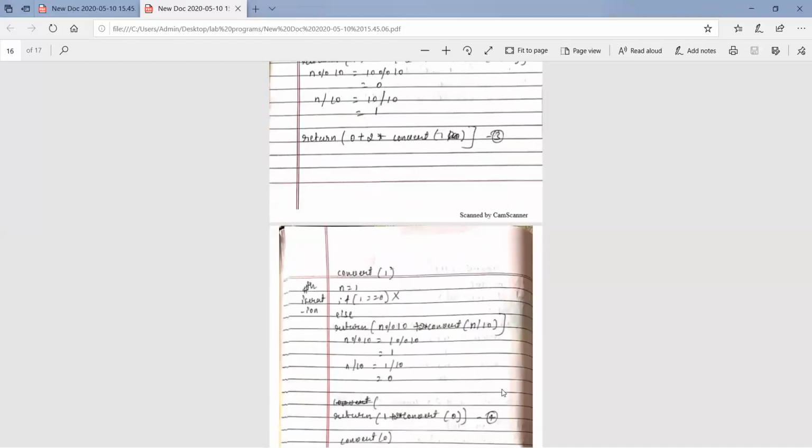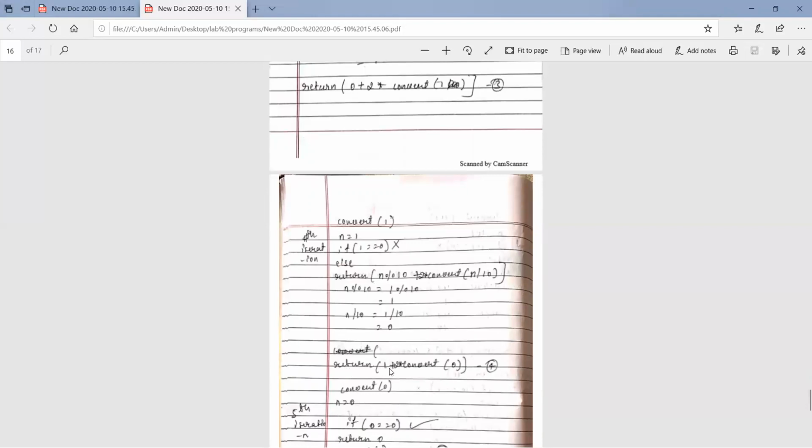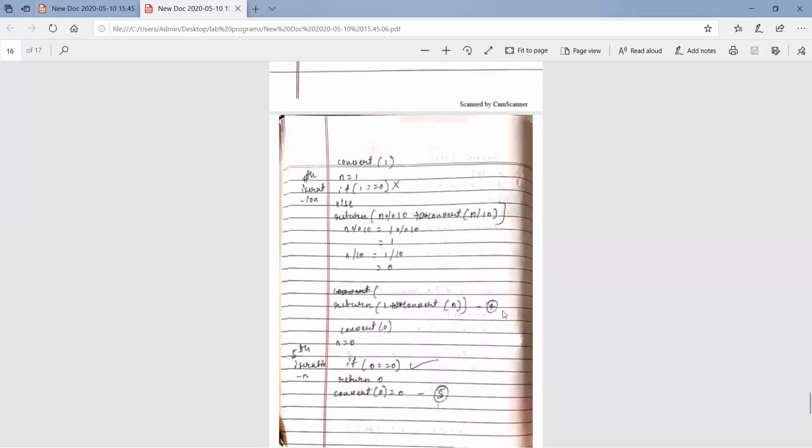Okay, next once again we are calling convert of 1. So n equals 1. 1 equals 0? No. Execute the else part, that is return n modulus 10 plus 2 star convert n by 10. N modulus 10, 1 modulus 10, returns the LSB part. Here only one bit is there, the LSB and also the MSB. So it returns 1. N by 10: there are no other bits other than the LSB, so it returns 0. And that return statement becomes return n modulus 10, which is 1, plus 2 star convert n by 10. N by 10 is 0. I call that return statement 4.